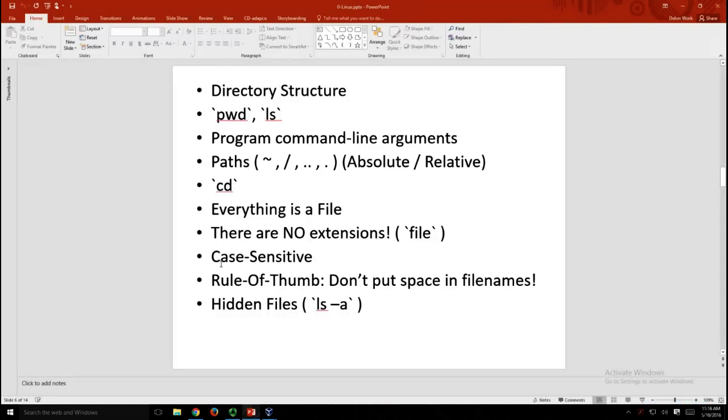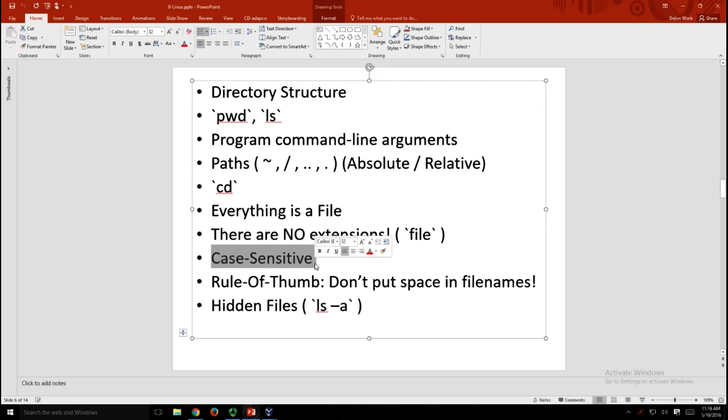Another important thing to note, everything is case sensitive. Okay? Windows is not. And we've actually run into problems with that before, but everything is case sensitive. Important rule of thumb, don't put spaces in your file names, ever. Okay, if you want a space, use a dash or an underscore. Or you could use what they call camel case, where you capitalize the beginning of every word. Some people really like it. I don't, but